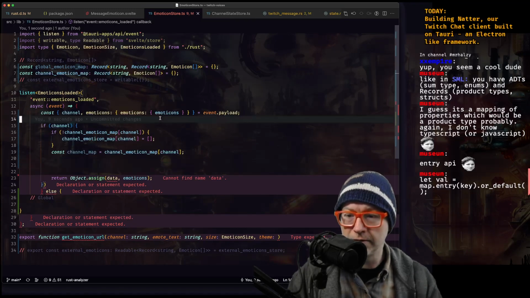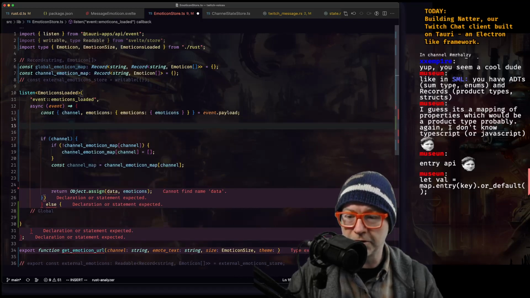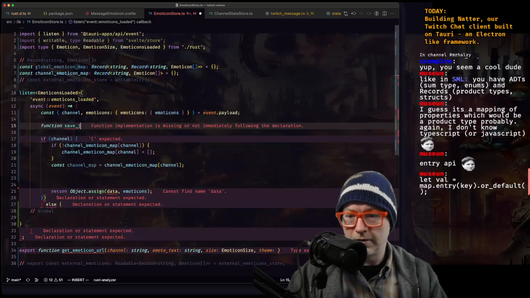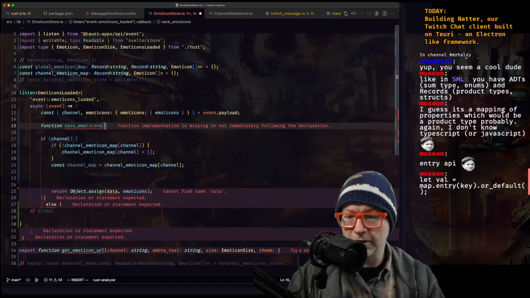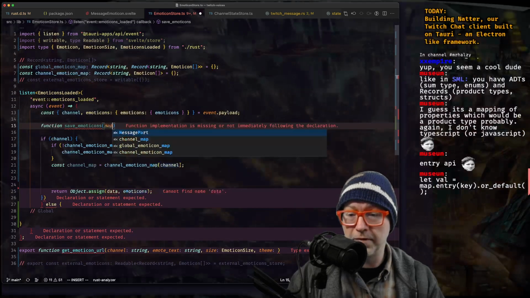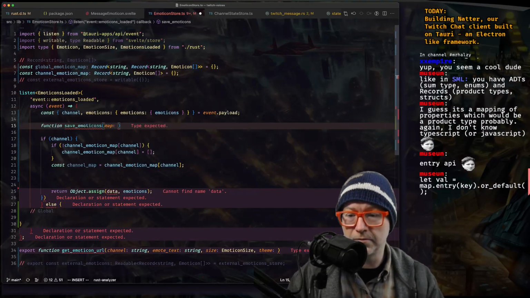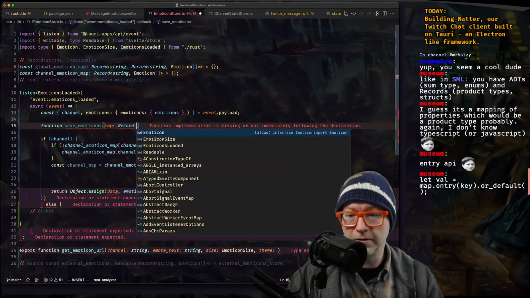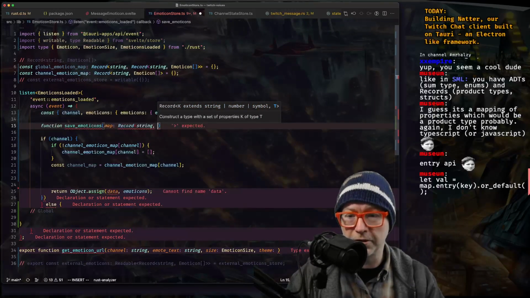In here, we'll have some little function. Emoticons will take some sort of map, whatever the map is. That'll be a record of string to emoticon array.